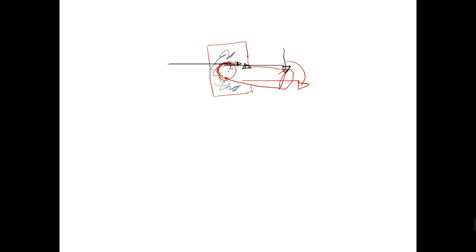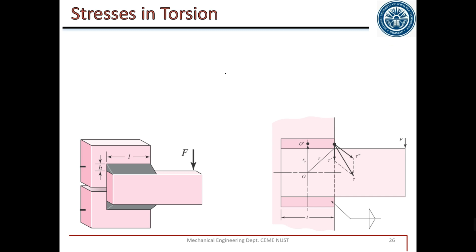So due to this load there is a primary shear, load divided by two, and due to this torsion there is secondary shear in torsion, and due to this load there is bending. We have two types of secondary shear, bending and torsion. Starting from torsion, in this case you have these two types of welds here, and force is applied here. This force causes this part to rotate in this direction,